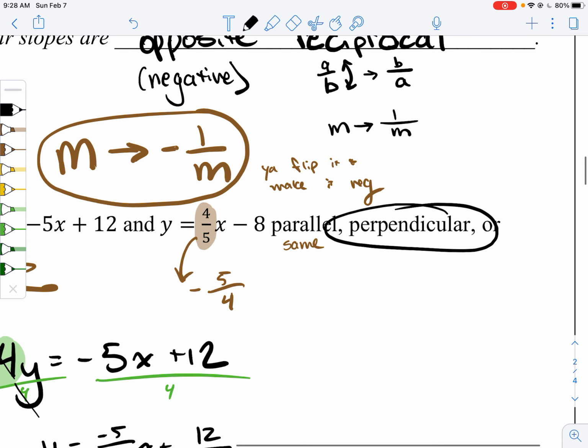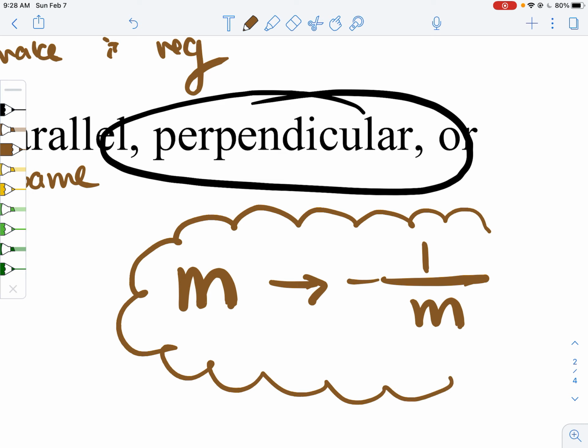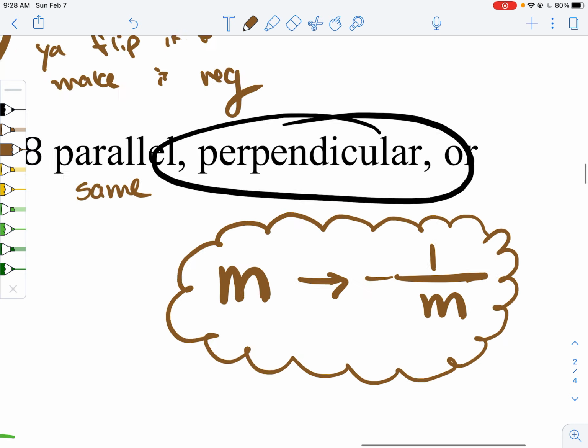Because remember, to be perpendicular means you start with a slope m, it flips out and is now negative all the time. So if you have one of those friends who needs an attitude adjustment or something, it might just be that they are now perpendicular. Okay, well anyway,